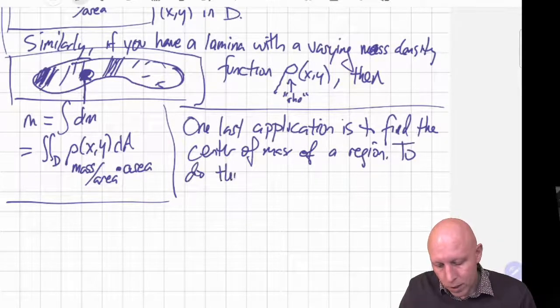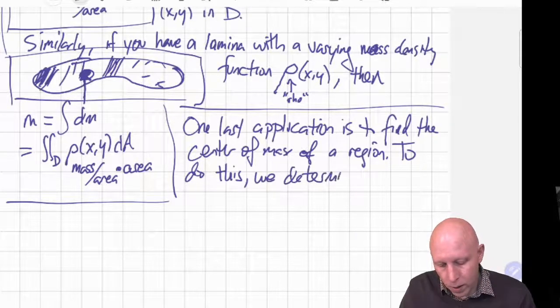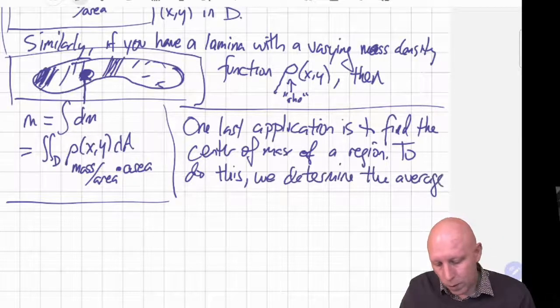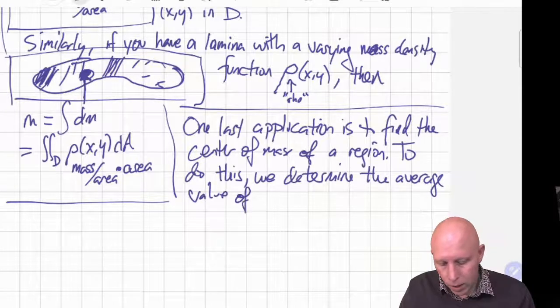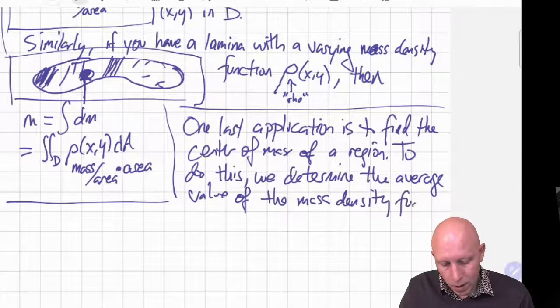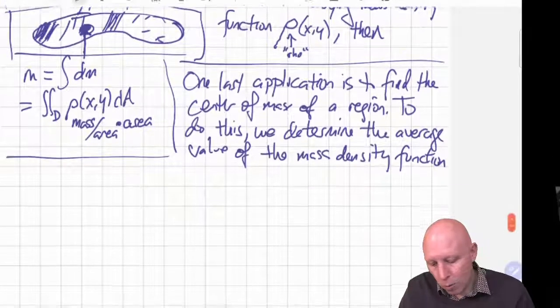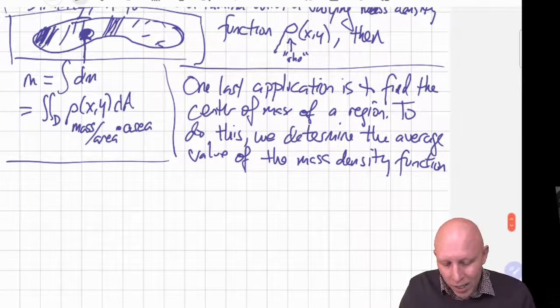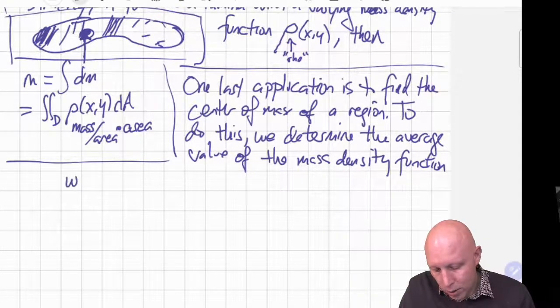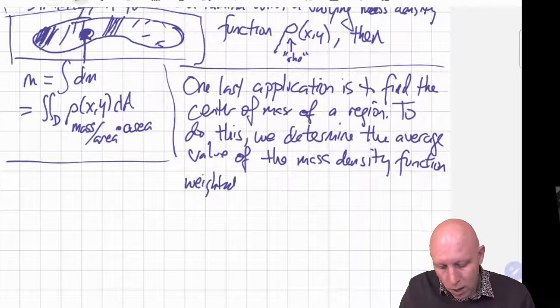To do this, we determine the average value of the mass function, the mass density function. But one thing we need to keep track of is we're going to weight it, so the mass density function is weighted by its x component